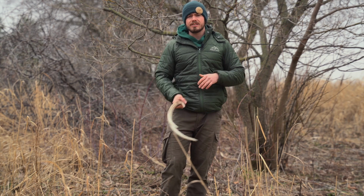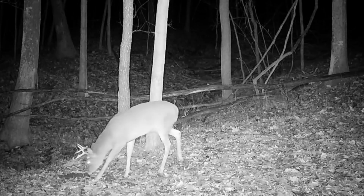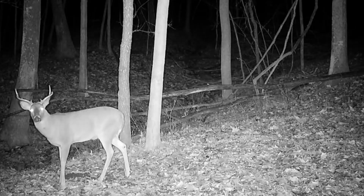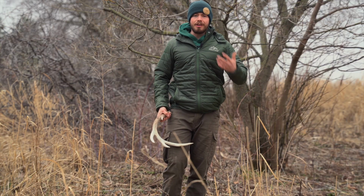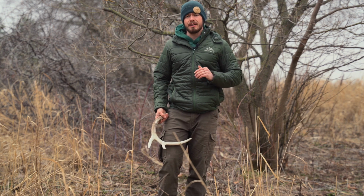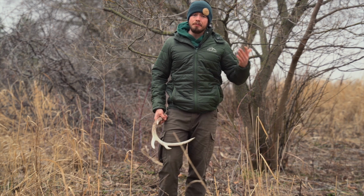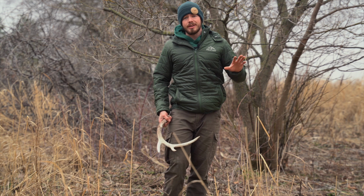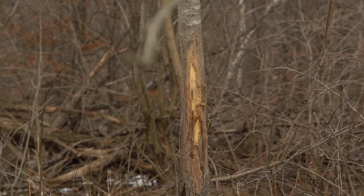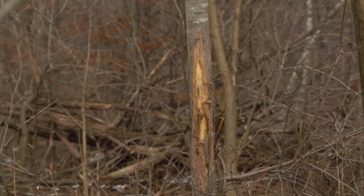So all of these things are ever changing. You need to understand the different aspects of food, wind, pressure, and timing, and roll all of this information together on a specific year and then make a game plan. Find a way to go in and kill that specific deer. I love hunting specific deer. At the same time, I'm not immune to killing a big cruiser that I've never seen before, because I have done that too. And now what I'm talking about with early March here is basically get out there, scout your property,